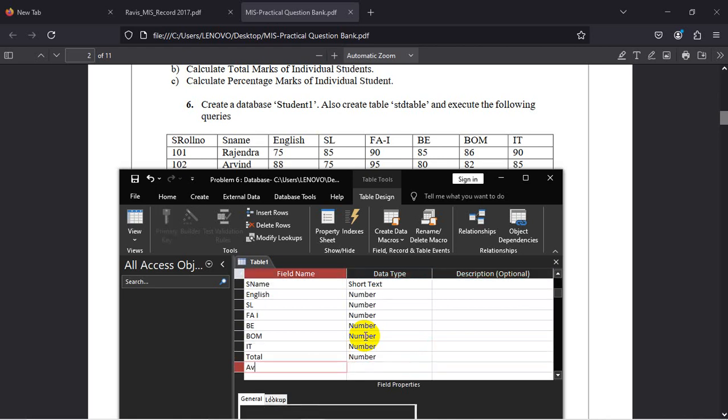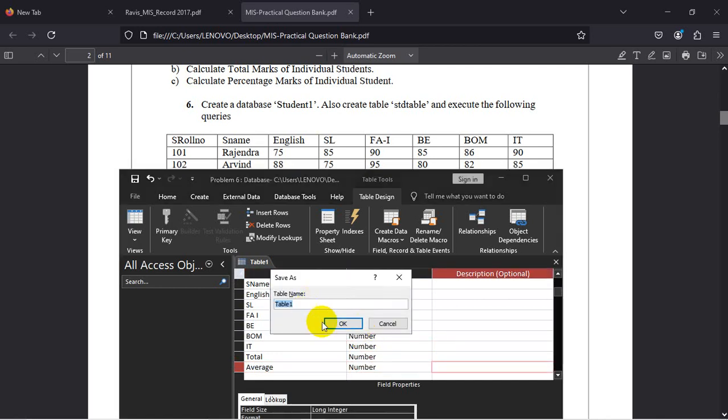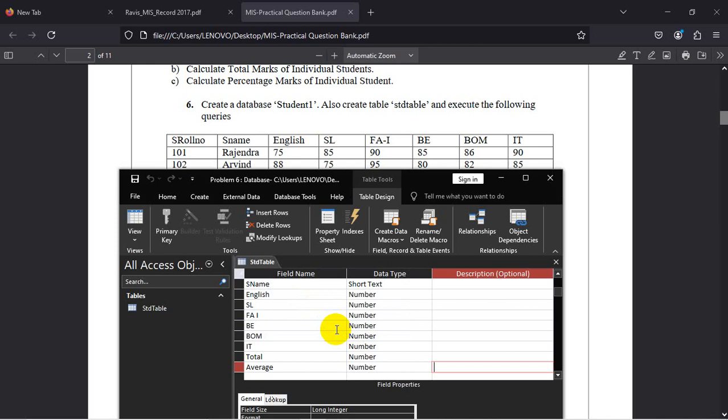I will not do this total and average now. Okay, save this one as table, the student table, as he has said here.